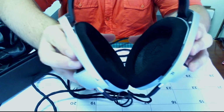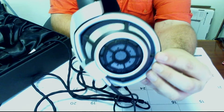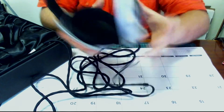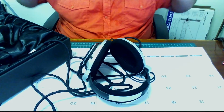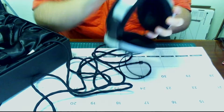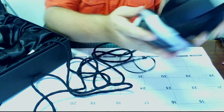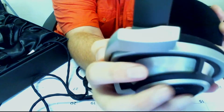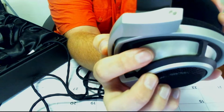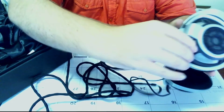There you can see the left and right on the bottom there, and then there's the side of the headphone. Oh, just beautiful. Sorry, I'm nerding out. I'm a little bit of an audiophile, so I can really geek out on this. As you can see, there is that special mesh that lets the sound pass through. And over here is the